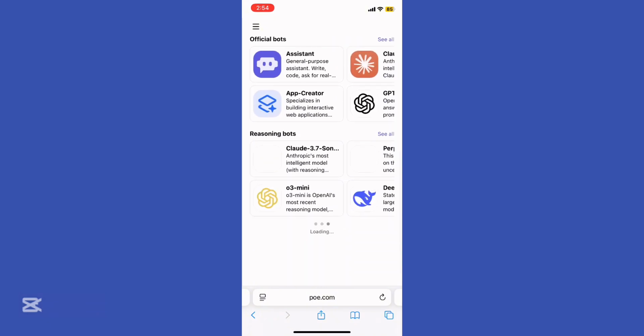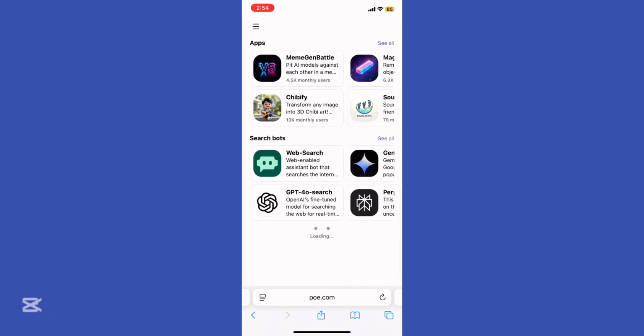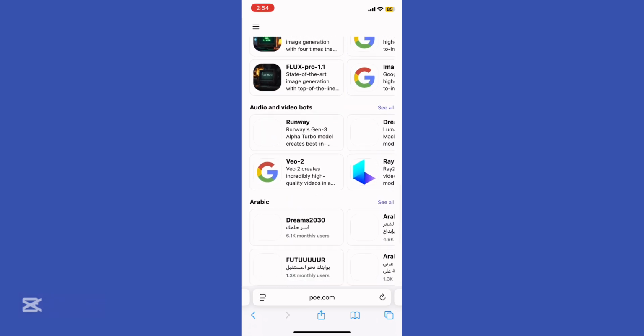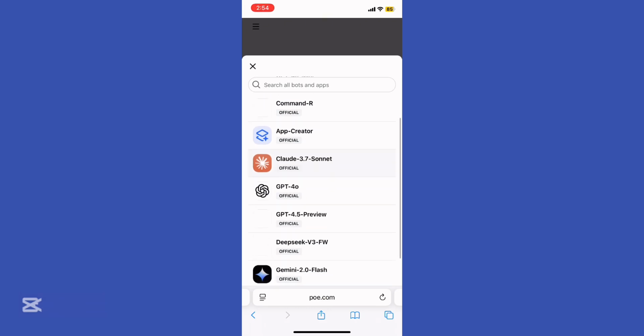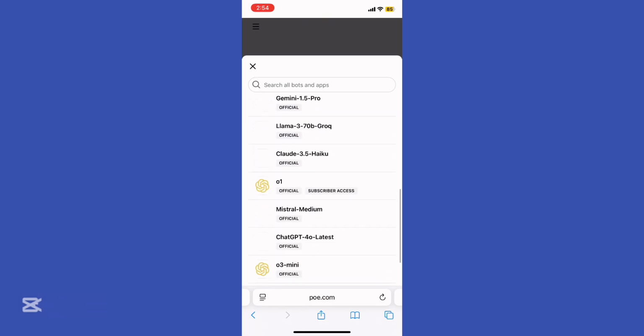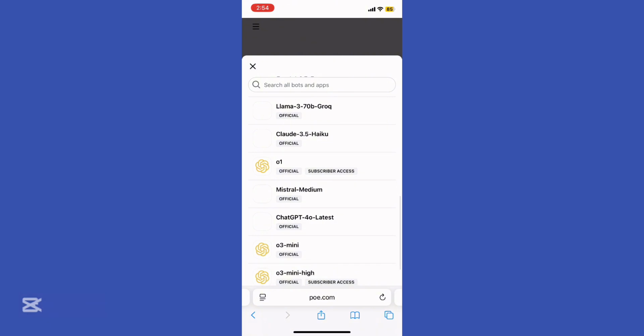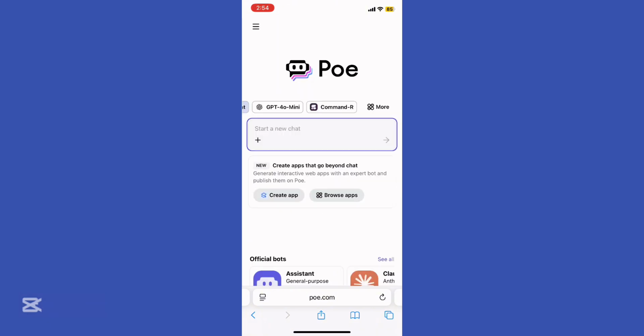And you can basically find right here the apps that are subscribed to Poe. You can use a bot like GPT-4 Mini, Command R, and many more. So you can search for all bots and use them. So choose the base model like Claude, GPT-4, or other AI models, depending on your needs, and